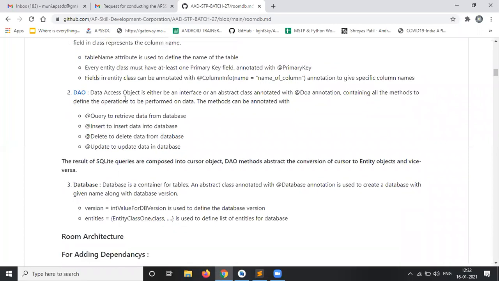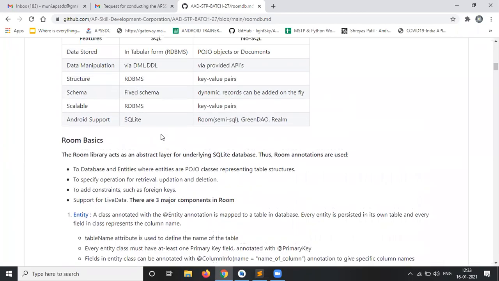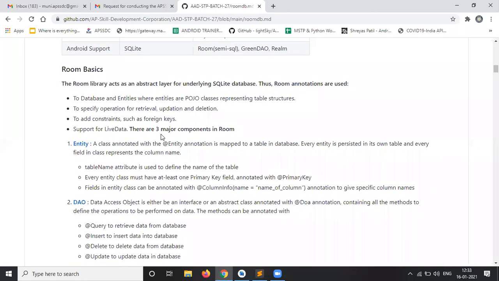Any doubts in this part? Is it clear? Any doubts about these three major components? If you have doubts, just let me know.